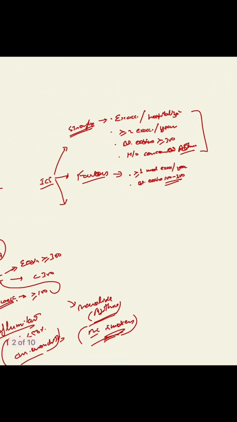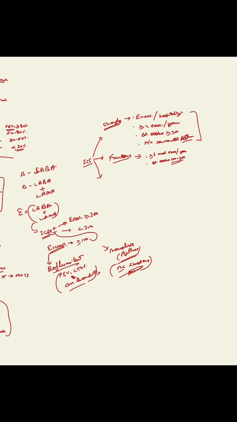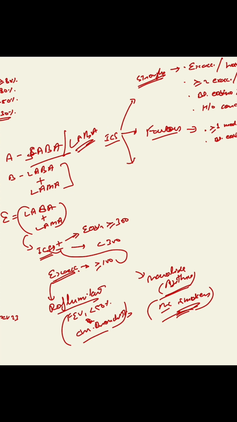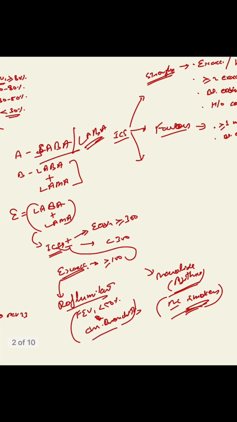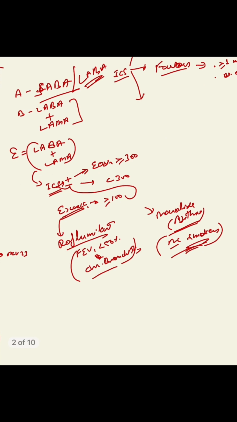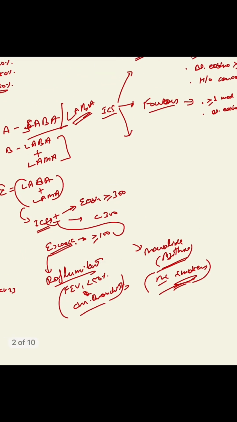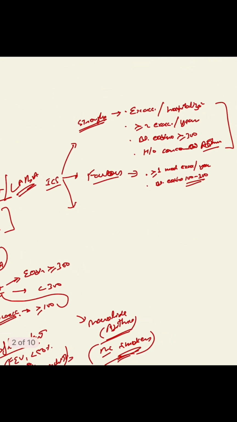So what we have discussed here is that in category A, short acting beta agonist is used. In category 2, short acting or long acting also we can use, the LABA or the LAMA can be used. In category B, LABA plus LAMA has to be used. In category E, LABA plus LAMA, of course, has to be used. It can be supplemented with inhaled corticosteroids if the eosinophil count is more than 300, and it is strongly recommended